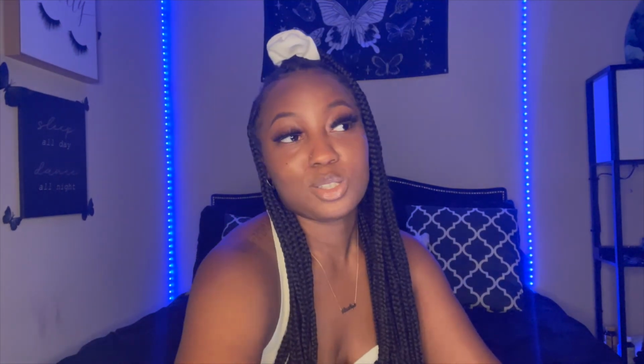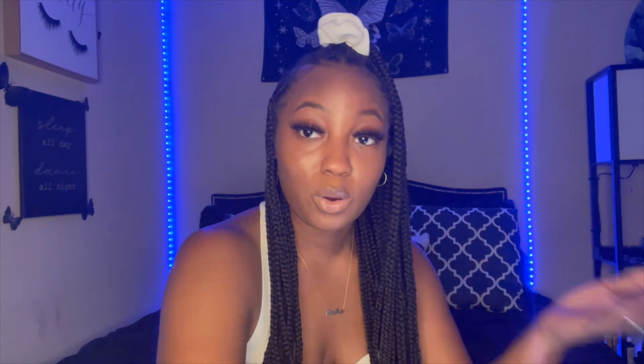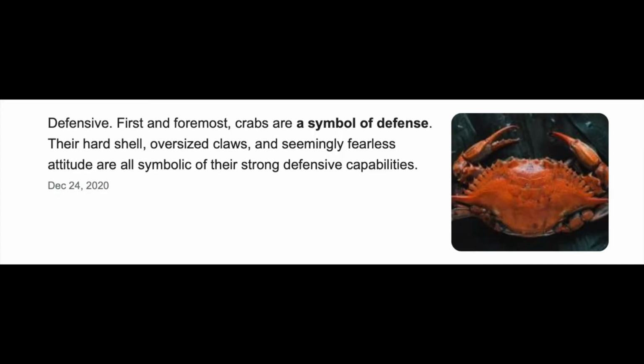Another thing I want to get into is the crab. So in the first trailer, there was a crab walking over a sofa or a replica of a house. I researched the symbolism of the crab, and crabs symbolize defense. So I'm looking at it as the crab is walking over the house for protection. And I'm thinking maybe that's what the UFO is there for, protection against something else,